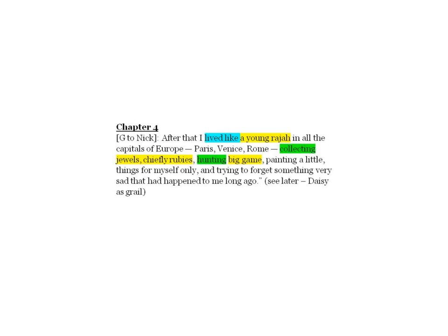So, in terms of the blue stuff here, there's your social mobility. So, he is not the humble soldier who only had his uniform. He is transforming and repackaging himself, rebranding himself, a new identity. Look at the context video for that, please. As a young Indian prince. Materialism, clearly on show here, collecting jewels, chiefly rubies, hunting big game.